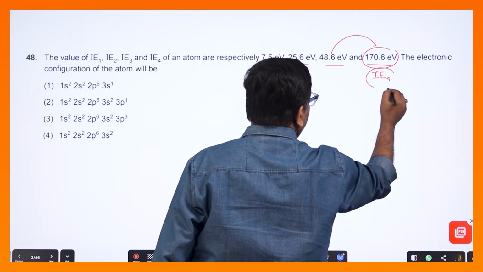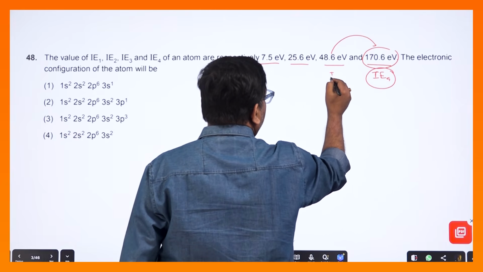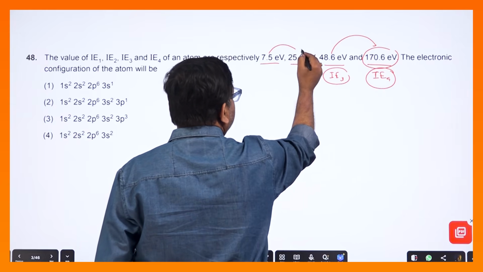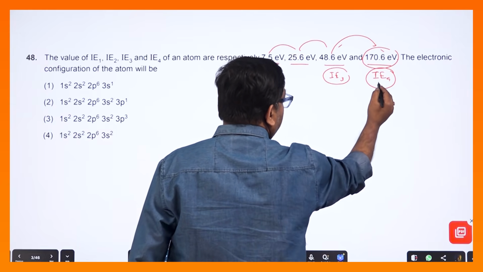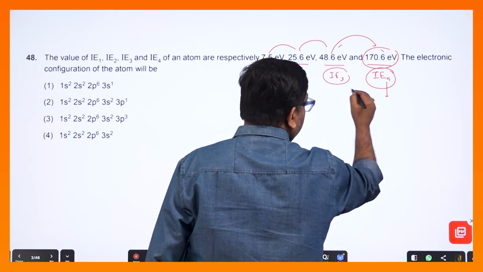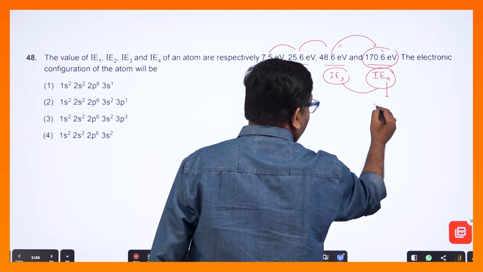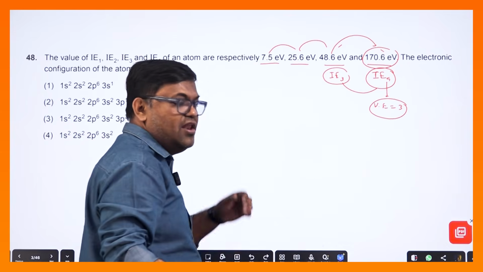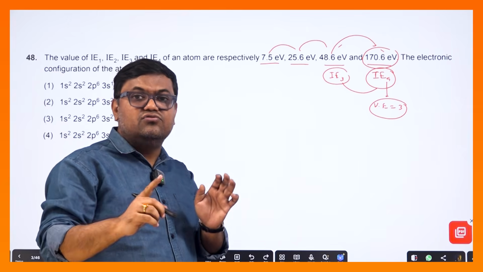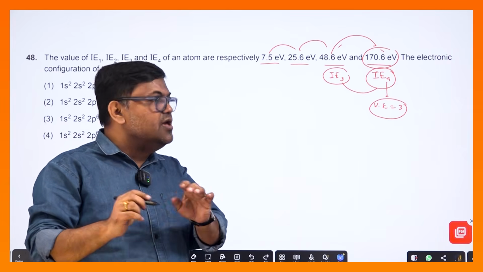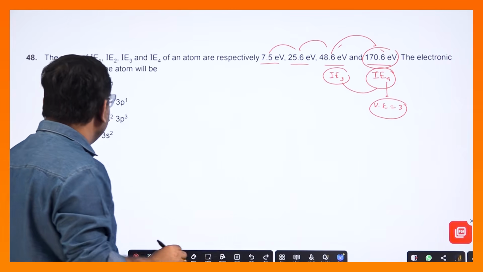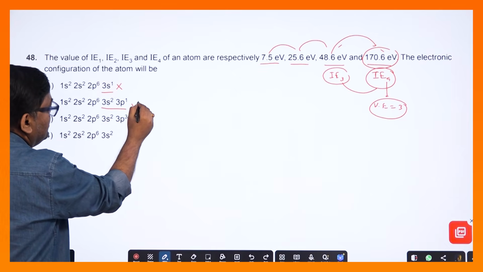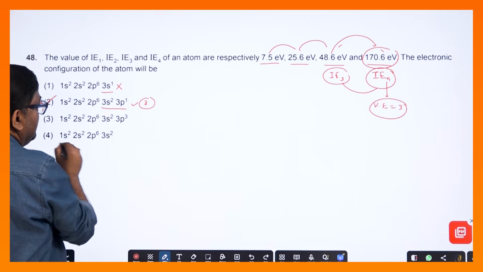IE4 এ জাম্পটা হয়েছে, দেখো I3 থেকে যখন I4 এ গেছে তখন জাম্পটা বেশি হয়েছে না, এখান থেকে এখানে হিউজ বেড়েছে। তার মানে ট্রিকটা কী, যেখানে I4 এ 3 থেকে 4 এ জাম্প হয়েছে, তার মানে ভ্যালেন্স ইলেকট্রন থাকবে কতগুলো, 3টে। 3 থেকে যদি 4 এ জাম্প হয়, ভ্যালেন্স ইলেকট্রন 3টে থাকবে। 2 থেকে যদি 3 তে জাম্প হয়, ভ্যালেন্স ইলেকট্রন 2 থাকবে। তাহলে এখানে 3টে ভ্যালেন্স ইলেকট্রন, তাহলে 3টে ভ্যালেন্স ইলেকট্রন কার আছে, দেখো, এর একটা ভ্যালেন্স ইলেকট্রন, যেটা হবে না, এখানে 3টে ভ্যালেন্স ইলেকট্রন আছে, তাহলে অ্যান্সার হবে এইটা।